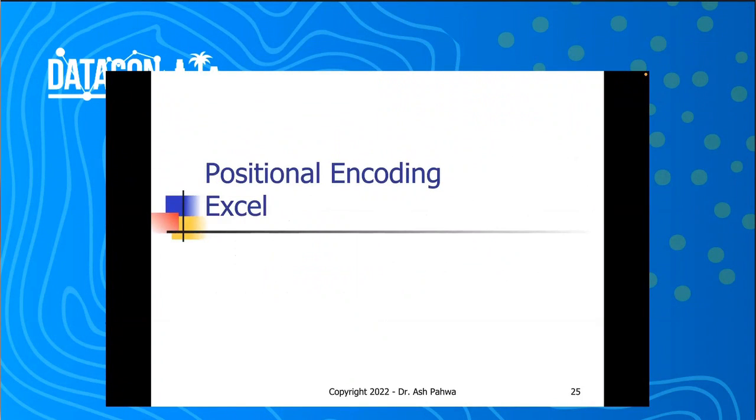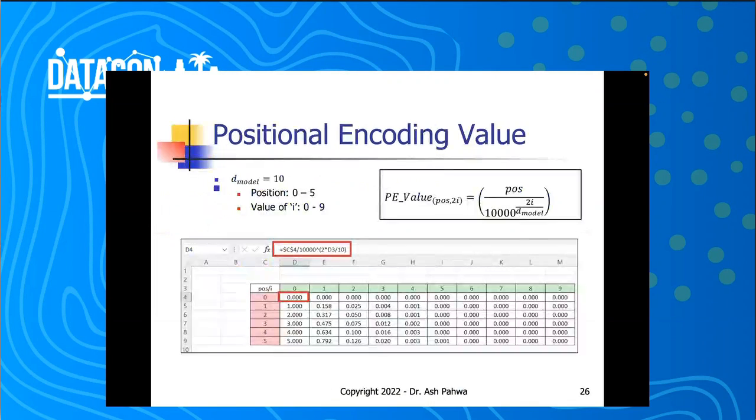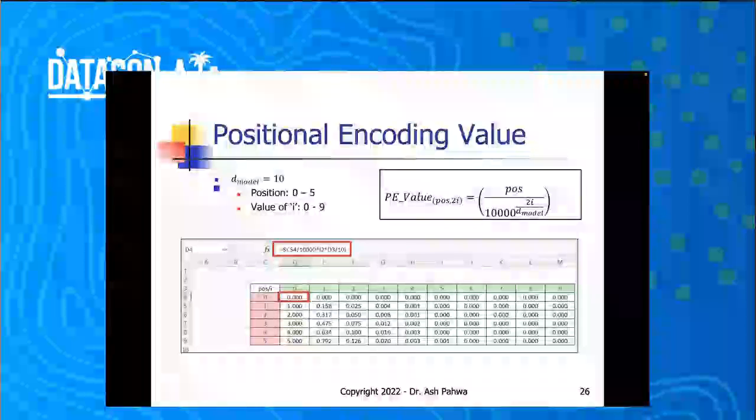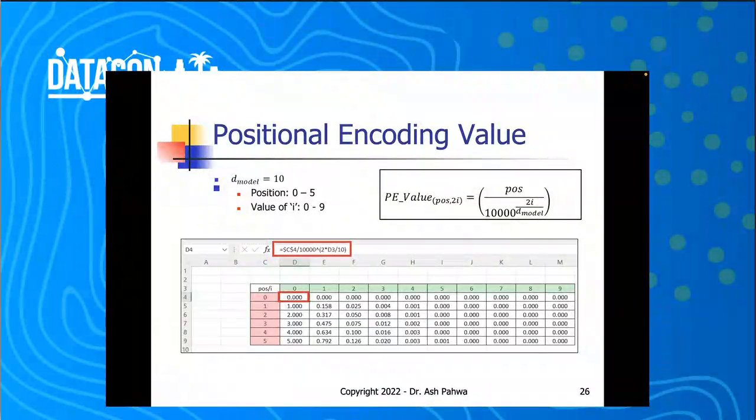So here we go. I'm going to compute these positional encodings first of all in Excel. Some of you may want to implement a transformer. For the transformer, there is no source code available. Transformer is just an idea. Everybody can write the code for it. I have written it, and at least hundreds of people have implemented the transformer. So if you are planning to do something of this type, you can first of all compute the positional encoding.